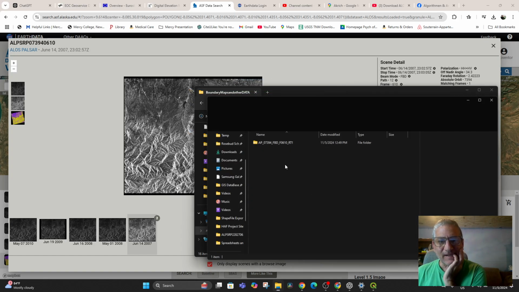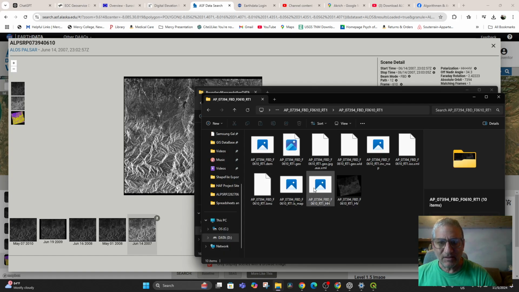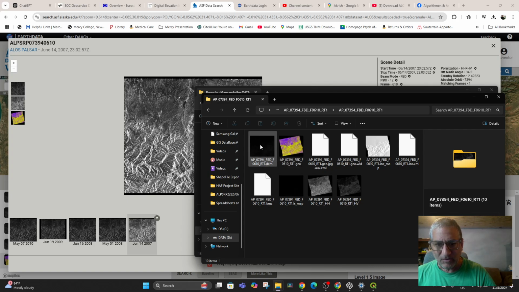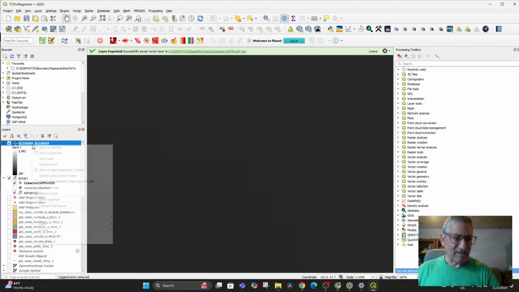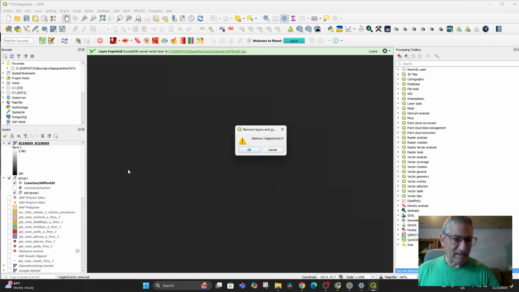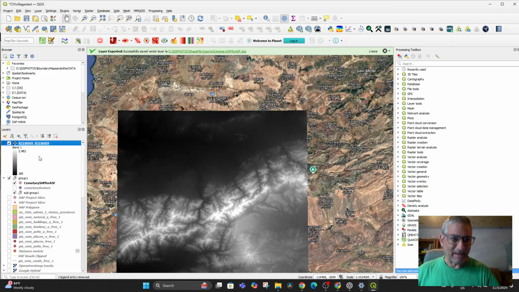And having that in there, it looks like the one that he said to use is the RTI DEM. So it looks pretty dark, but we will try it, because the others are, well, there's an RTM JPEG, aux XML. There's a geo, there's a map, there's an XML. So that really seems like that's the one that we need to use. So coming into here to GIS, let me get rid of this, remove that, because I think this other one that I have, which has these mountains,